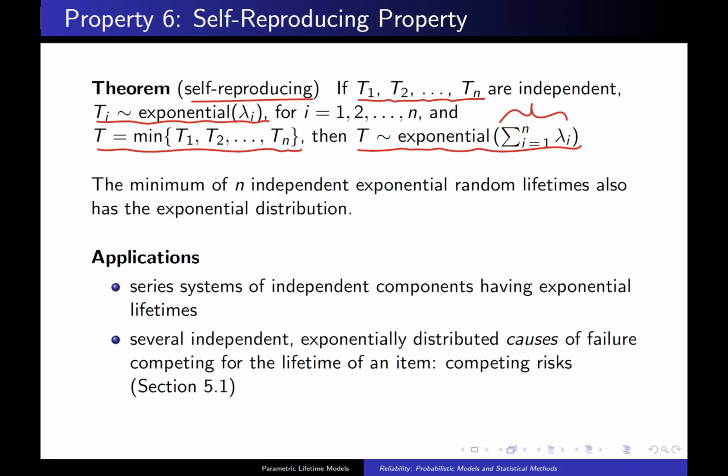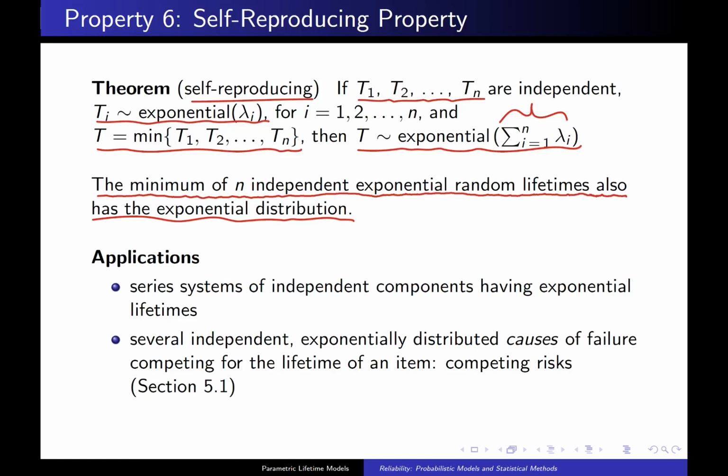Another way of saying this is the minimum of n mutually independent exponential random lifetimes, possibly with different failure rates, also has the exponential distribution, and its failure rate is the sum of the failure rates for the individual exponential